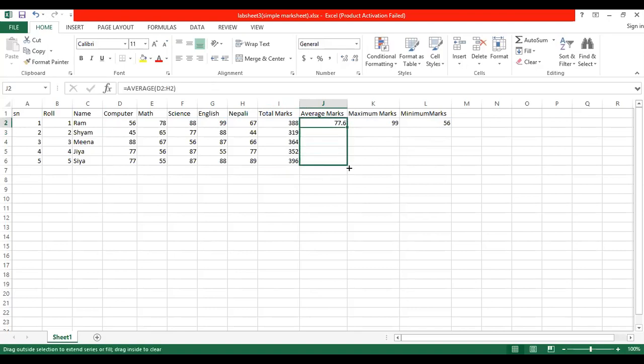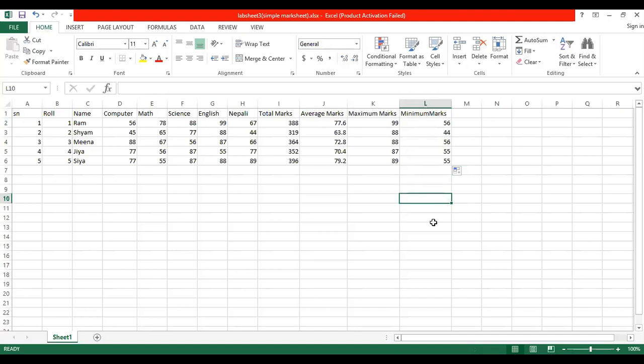Then again drag it. So how have I copied the formula? By using the fill handle. This is called the fill handle. So I hope all of you know how to use the function and how to use the fill handle.